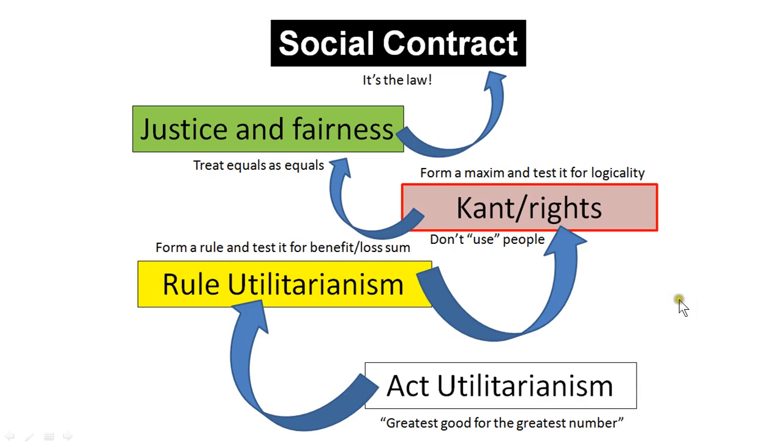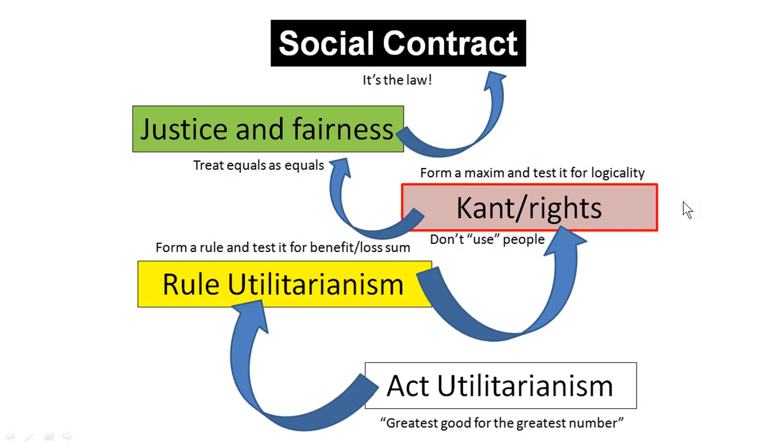Kant refuted utilitarianism and felt that ethicality should be judged by the rightness of something according to a different set of perspectives. The confusing thing potentially is that this also depends on a rule which he called a maxim. You form a rule for the intended action, and you once again ask yourself the question, what happens if everybody does this, if it's universal? But you don't test it the same way. You don't test to see what the effect is, good or bad. You test it for logicality.